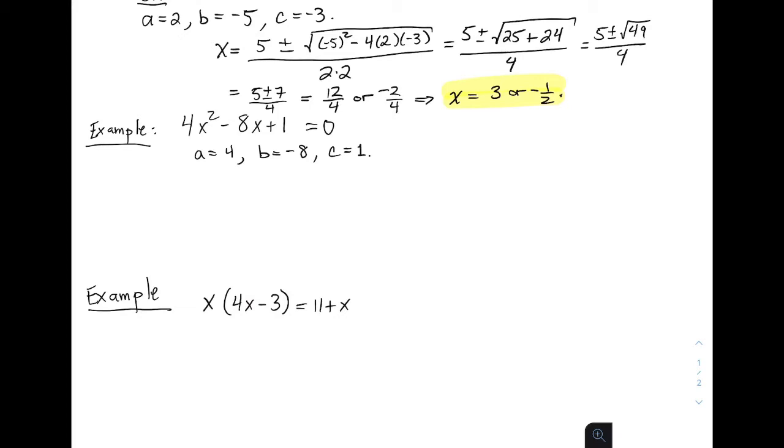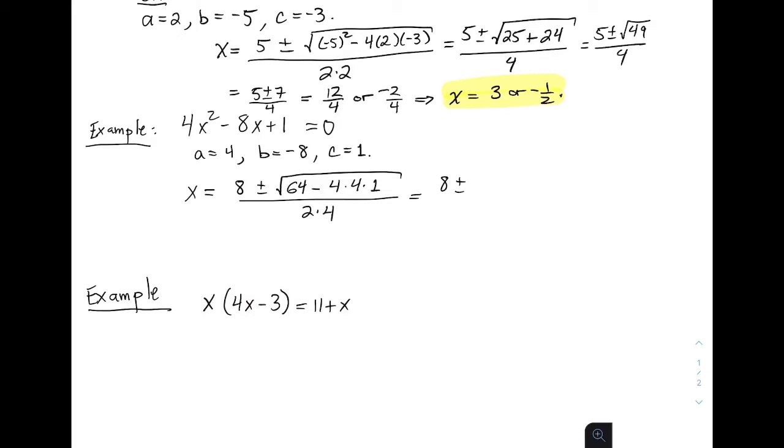So the solution to this equation is x is equal to the opposite of b plus or minus the square root of b squared, which is 64, minus 4ac, all over 2 times 4,